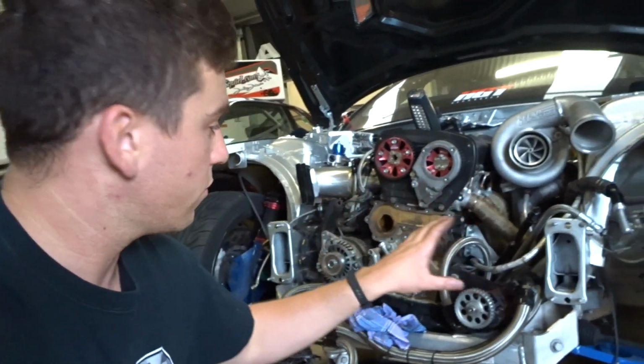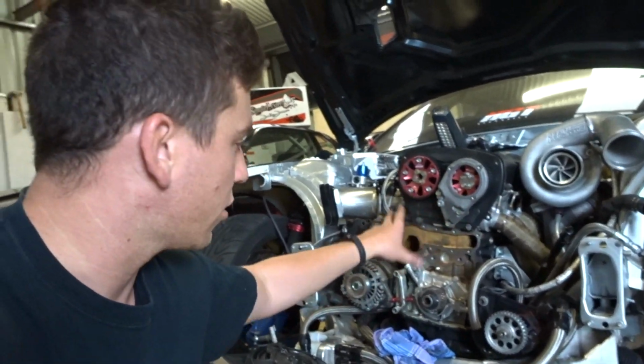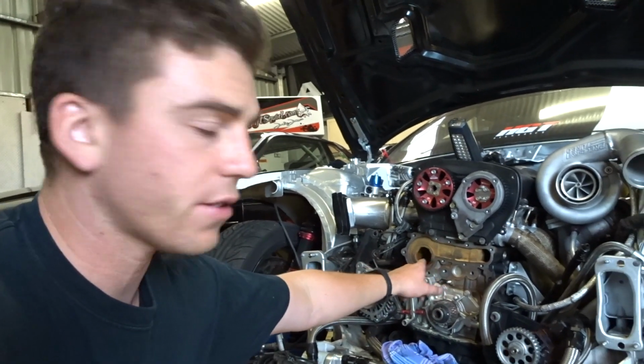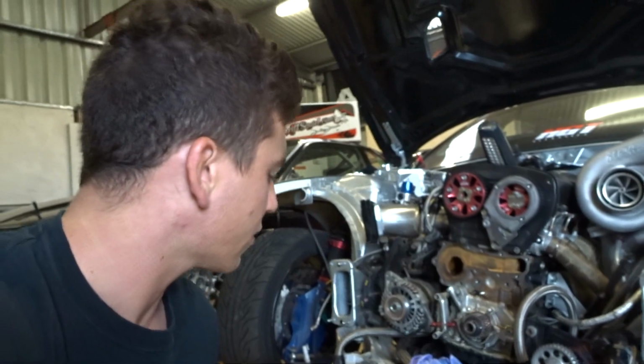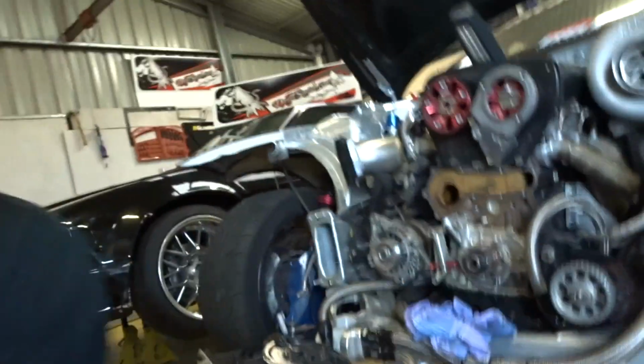Alright, so water pump's off. I've just cleaned all the old gasket goo off. Took the two bearings off. They're actually in really good shape. Yeah, I don't even think I'll change them, to be honest. Oh, and here's the